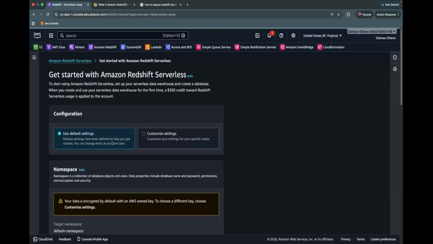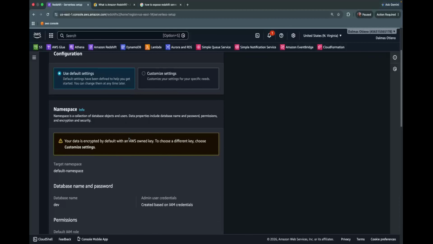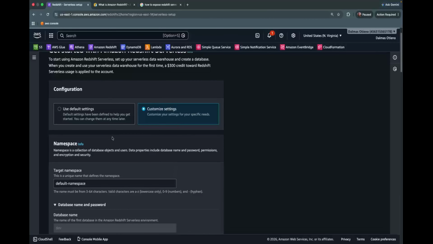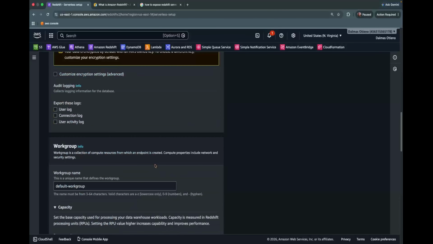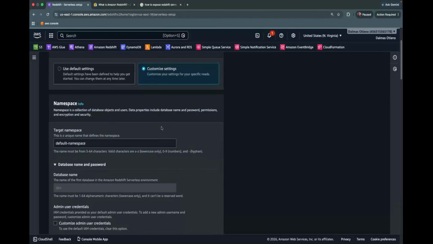Select that. There are two ways you can follow to create your serverless instance. You can decide to use the default settings, so you select the configurations here. With the customized settings, you need to understand two terminologies: namespace and workgroup. The difference is that namespace is your data and workgroup is your compute. Redshift Serverless separates compute from your data so that you are able to scale